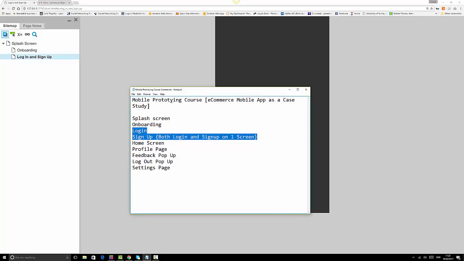Now let's go back to our content of how we've been going through. We've done the splash screen, we've done the onboarding, and we're going to focus on the login screen and the sign up screen. So how do we start this login and sign up screen? Let me open a notepad, and then we're going to look at the details of what we're going to have